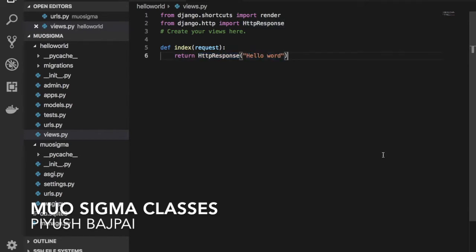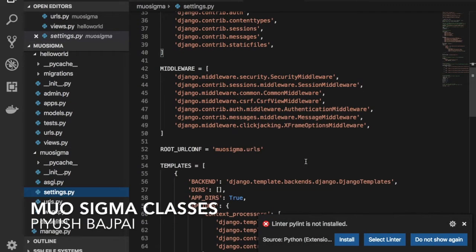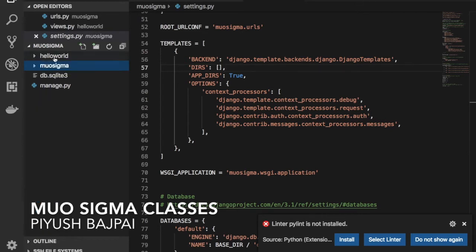But in this lecture, we will discuss templates and the Jinja pattern. First, we will discuss templates. Let me take you inside this settings.py file. Here you can see we have the templates, right? We need to make some changes in DIRS. But before that, we need to create a file or a template, or in simple terms, the HTML file. So I am making another folder here, let's say called template.